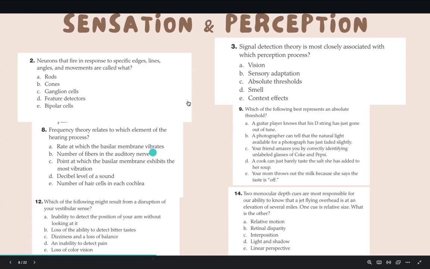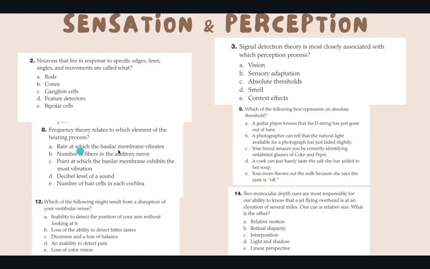Question nine, question eight. Yeah, so a lot of question eights. Okay, frequency theory. Frequency theory is a part of hearing, right? So it's either frequency theory or place theory. So frequency theory relates to which element of the hearing process? Okay, so that will be